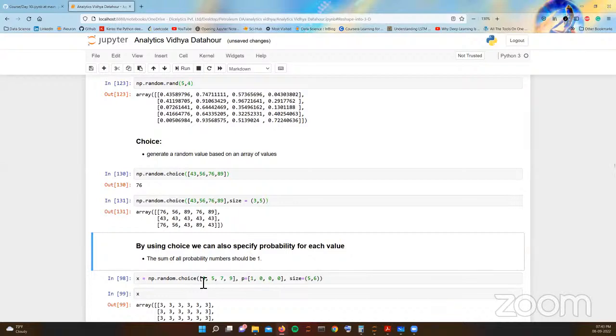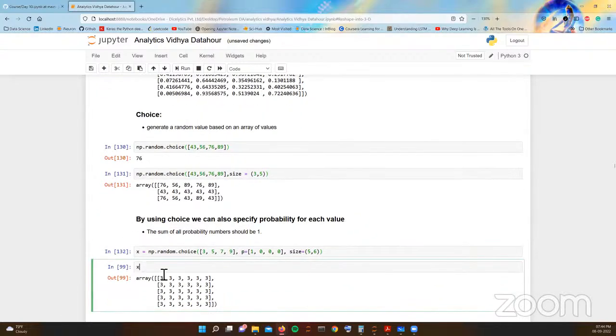For example, here 4 values are present: 3, 5, 7, 9. There is this input P, inside which you can pass the probability for each value. So I'm passing that the probability of getting 3 is 1 and all others are 0. The sum of all probabilities needs to be equal to 1. Also I have passed the size here and am generating this array. Now when I look at this X, you can see that it is filled with 3 only. And if I pass 0.5